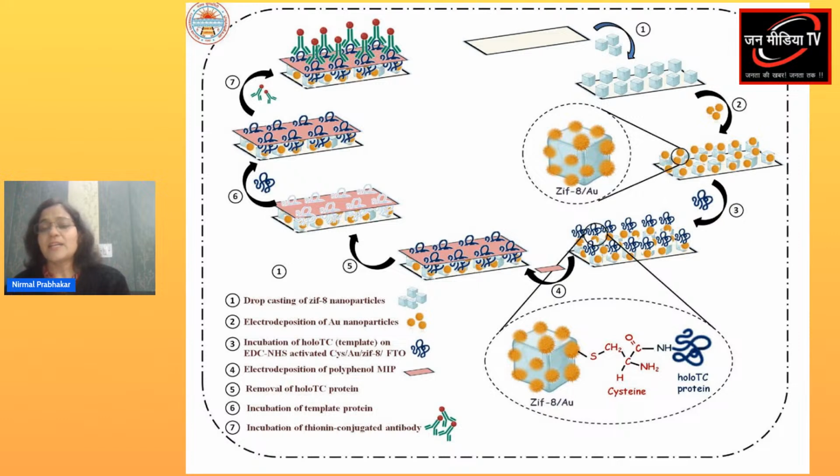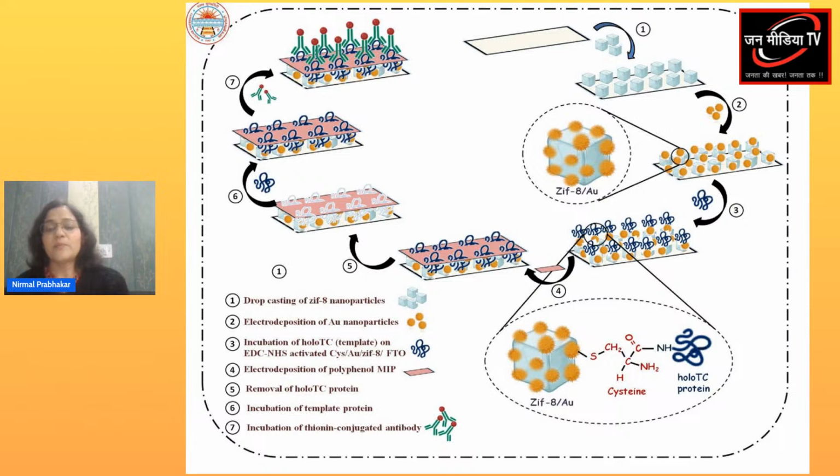And after attachment of cysteine to this gold nanoparticle, because gold nanoparticles have affinity for sulfur, and sulfur is present in cysteine, that's why we have utilized this cysteine as a linker. And EDC-NHS activation was done to immobilize this holo TC protein. And after that, polyphenol was electrodeposited in the fourth step by